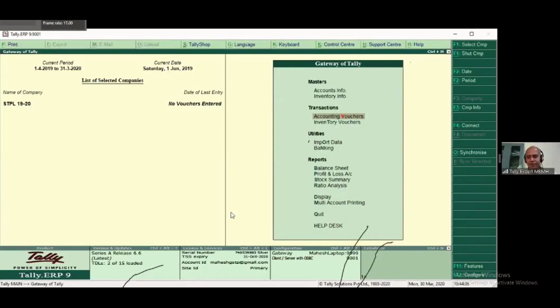Hope you got this, how to configure only accounts and accounts with inventory. Can you type on chat, yes, we understood? Or if you have any queries, you could type on chat. Okay,